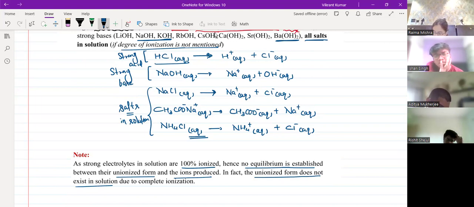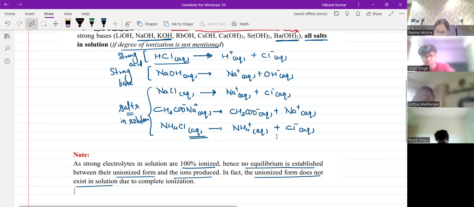In fact, if you see case number 1 and 2, I'll be talking about strong acid and strong base. Salt के case में भी there will be one case in which we'll be talking about these kind of salts which are NaCl, CH3COONa, NH4Cl. ये सब आएंगे, ऐसा नहीं कि नहीं आएंगे, but whenever they will be coming, they are not going to be achieving the equilibrium state. उनका आयनेशन को हम लोग equilibrium नहीं दिखाएंगे. ये एक कहानी होगी.